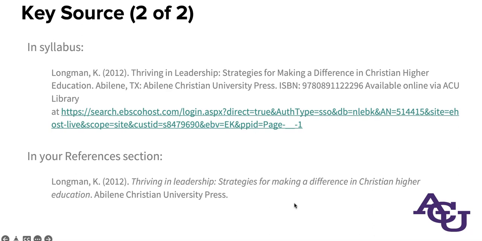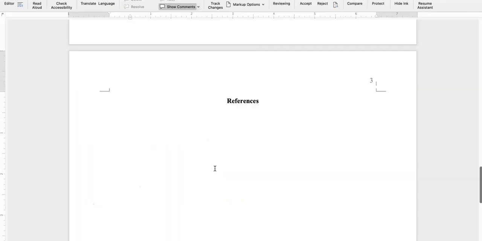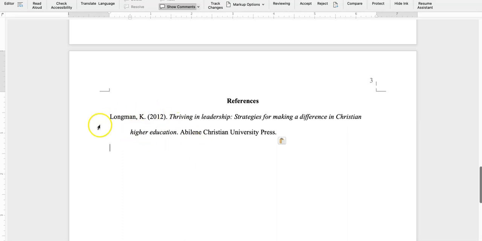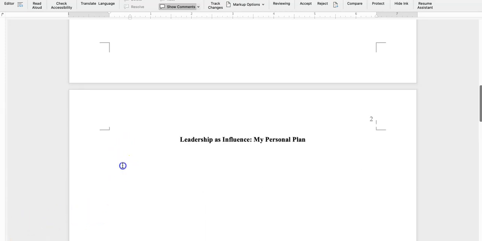We take that information, we cut out the bits that don't belong in APA 7th edition, and we add the missing formatting, the italics, change the title from title case into sentence case because that's how we format book titles in the reference list. And that should be all ready to paste in. So I'm going to go ahead and grab that now. And I'm just going to paste it here, and we've got that hanging indent there. Great. All right, now that we've got our reference in there, let's go ahead and get the instructions here.